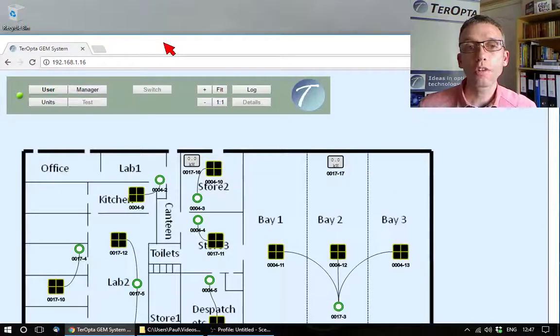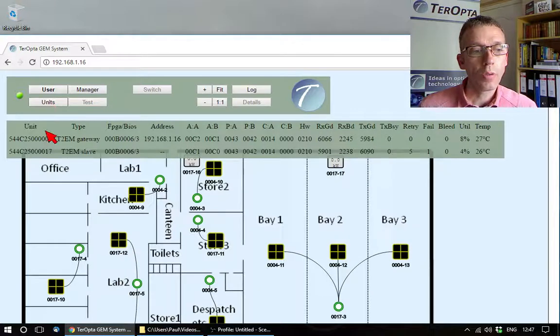In this video we're going to look at the Units panel. To open the Units panel I can be in either user or manager mode, it doesn't matter which. I simply click on the Units button. And when the panel opens you get a list of all of the units that are visible on this TerOpta